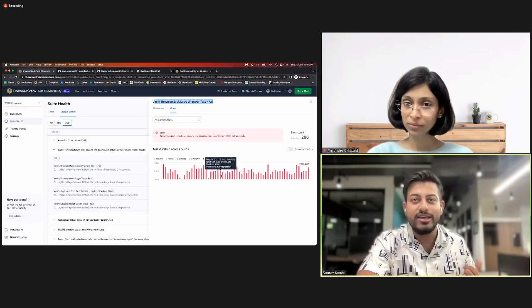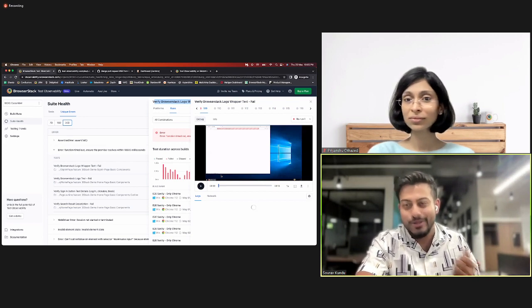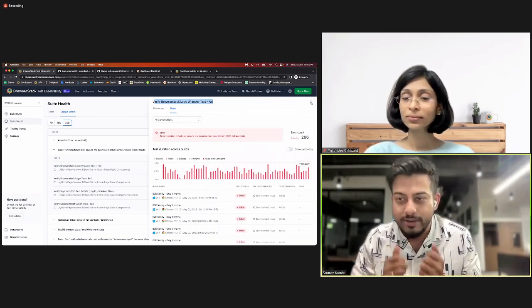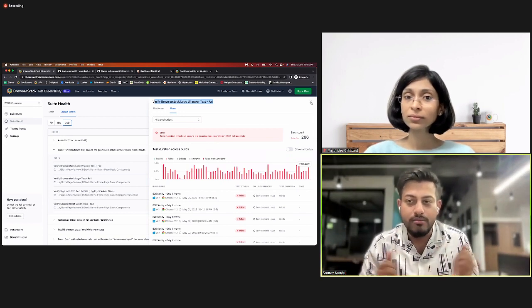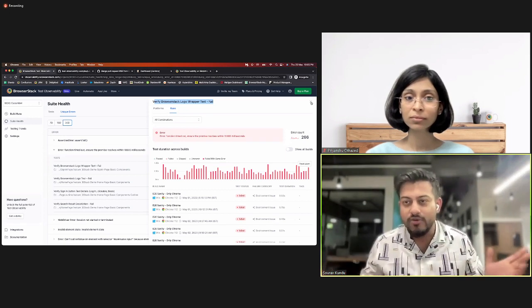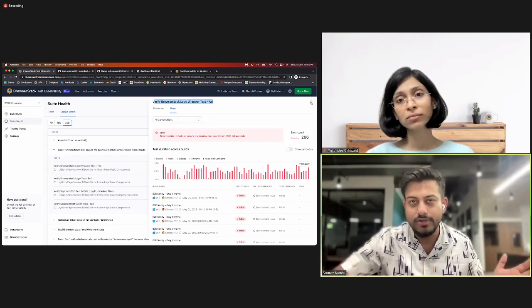And needless to say, you might guess, right? Timeline debugger again from here, right? What we're doing is we are enabling you to debug from multiple facets, from an error point of view, from a test point of view, from a run point of view, from pretty much all points of view, right?